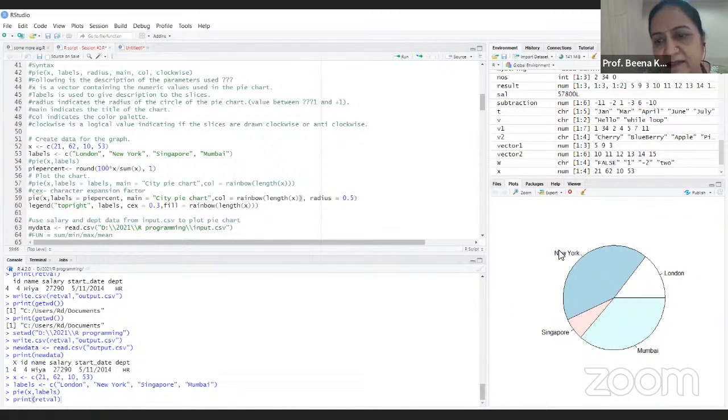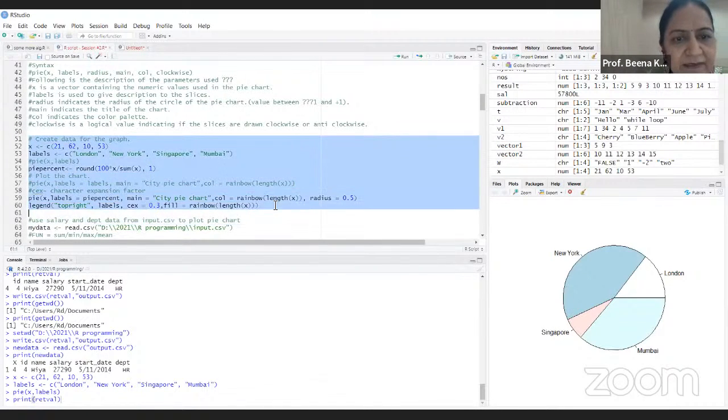Naturally I have just written percentage over here, so what does each percentage indicate? I'll have to have the legend, so I want to display it. This is top right, this is top left, this is bottom right, this is bottom left. Legend means that you will see once I run it. In the legend I want labels. And cex is how much is the width of that legend, and fill with the color. So this way, if I create the pie chart,